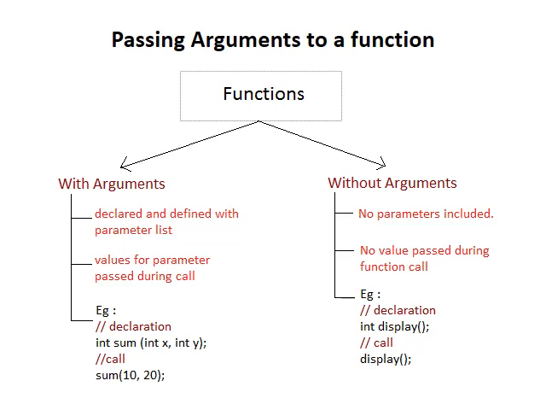There can be a function which doesn't take any argument. In such cases, when the function is declared, we don't specify the argument list. For example, if I call the add function without any arguments, I'll have to declare it as int add with empty brackets. I'm not going to mention any parameter list. Such functions, when we call, we'll have to call without any values. Here one example is given, int display. The display function here does not take any arguments. So while calling it, I just call display by the name of the function, and within the brackets there is no input or argument specified.